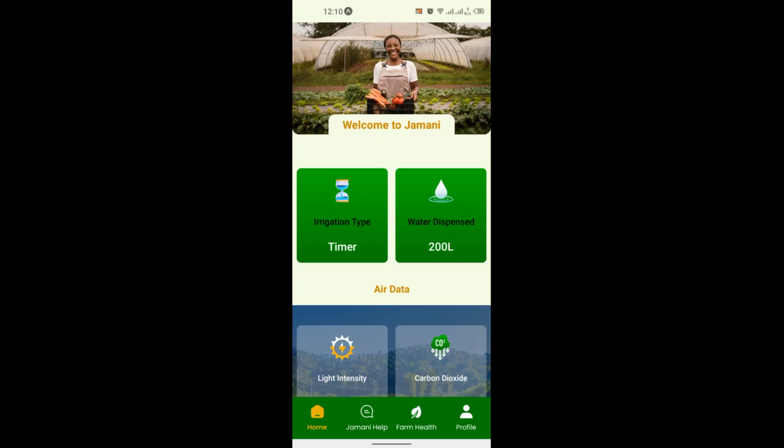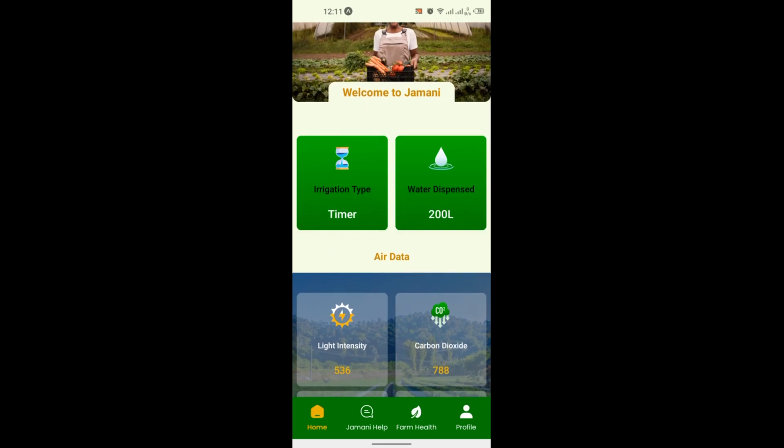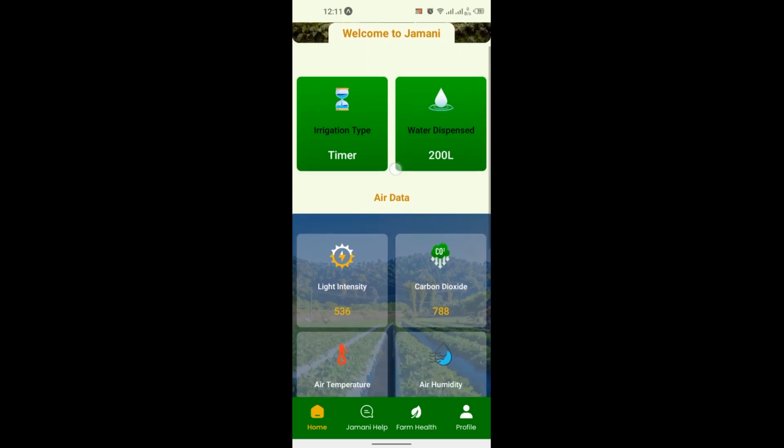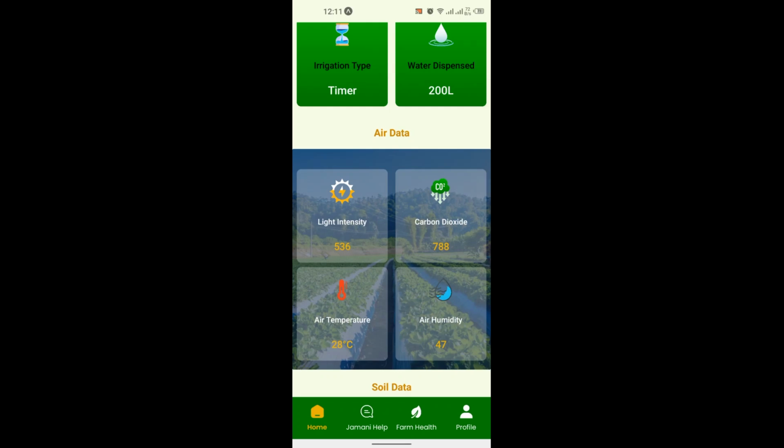So when you log in, you have got 4 tabs. The first tab is the home tab. Then we have the second tab called Jamani help. Then the third tab farm health, and the last one is the user profile. So over here on the home tab, you can see your farm data. So over here there is data being fetched like the irrigation and the amount of water that the farm has